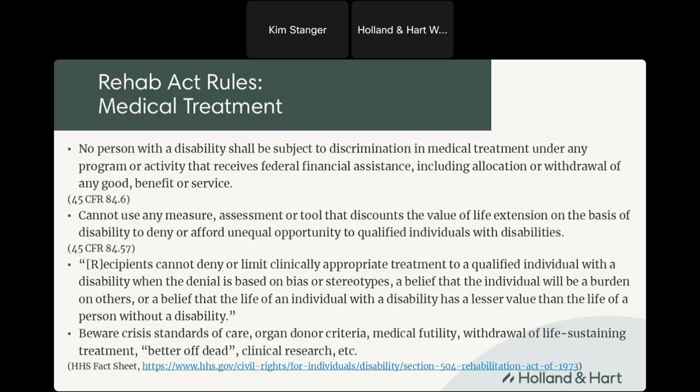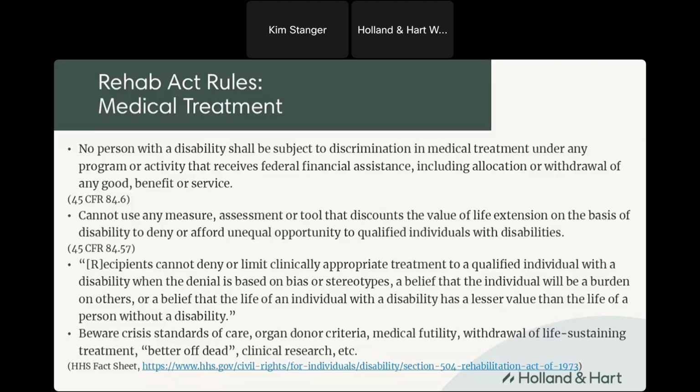Now, it's important to note that if providing that care is not clinically indicated, that's different than simply having a value assessment. In the commentary, the fact sheet that came out, they gave a couple of examples of situations where this may trigger penalties. For example,